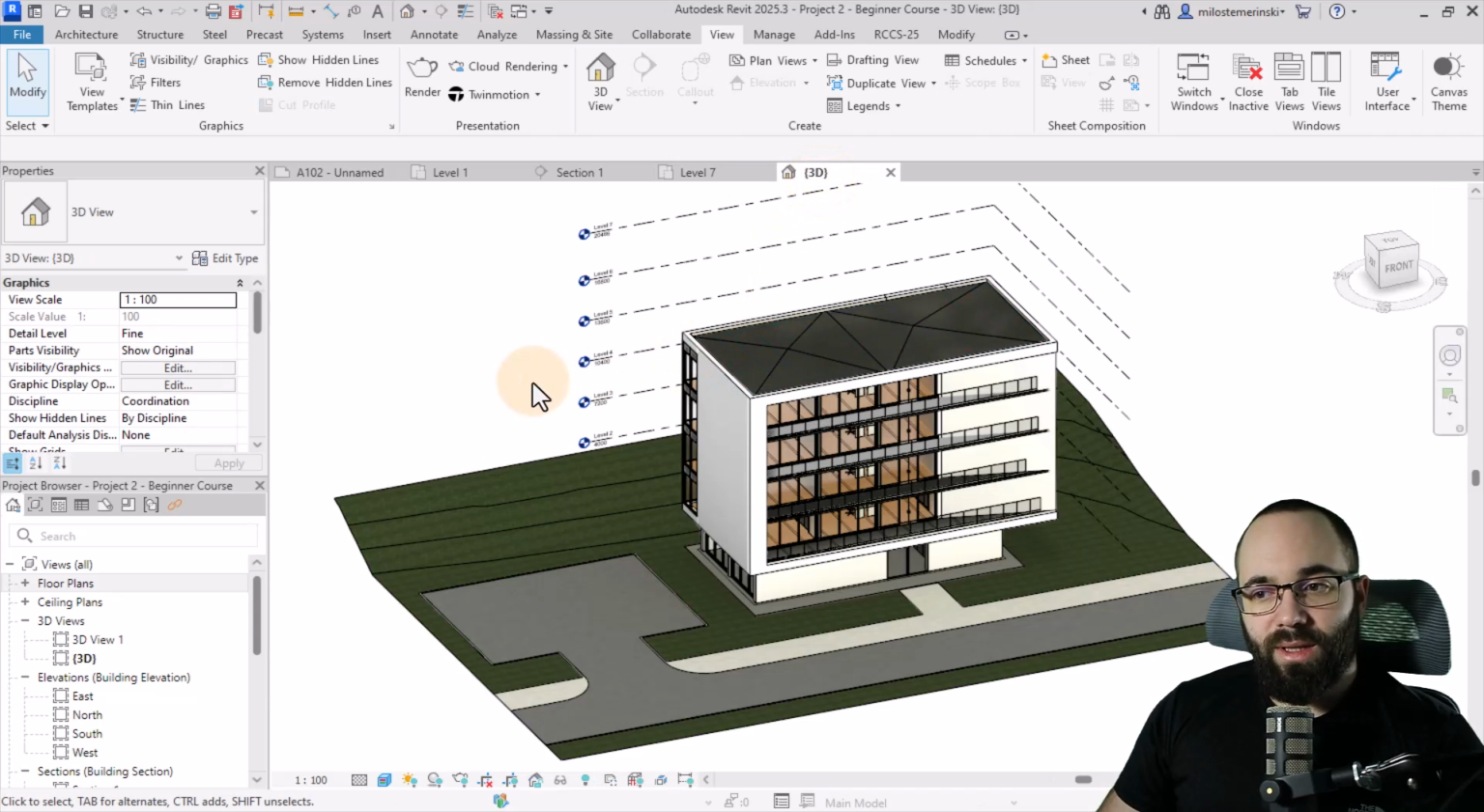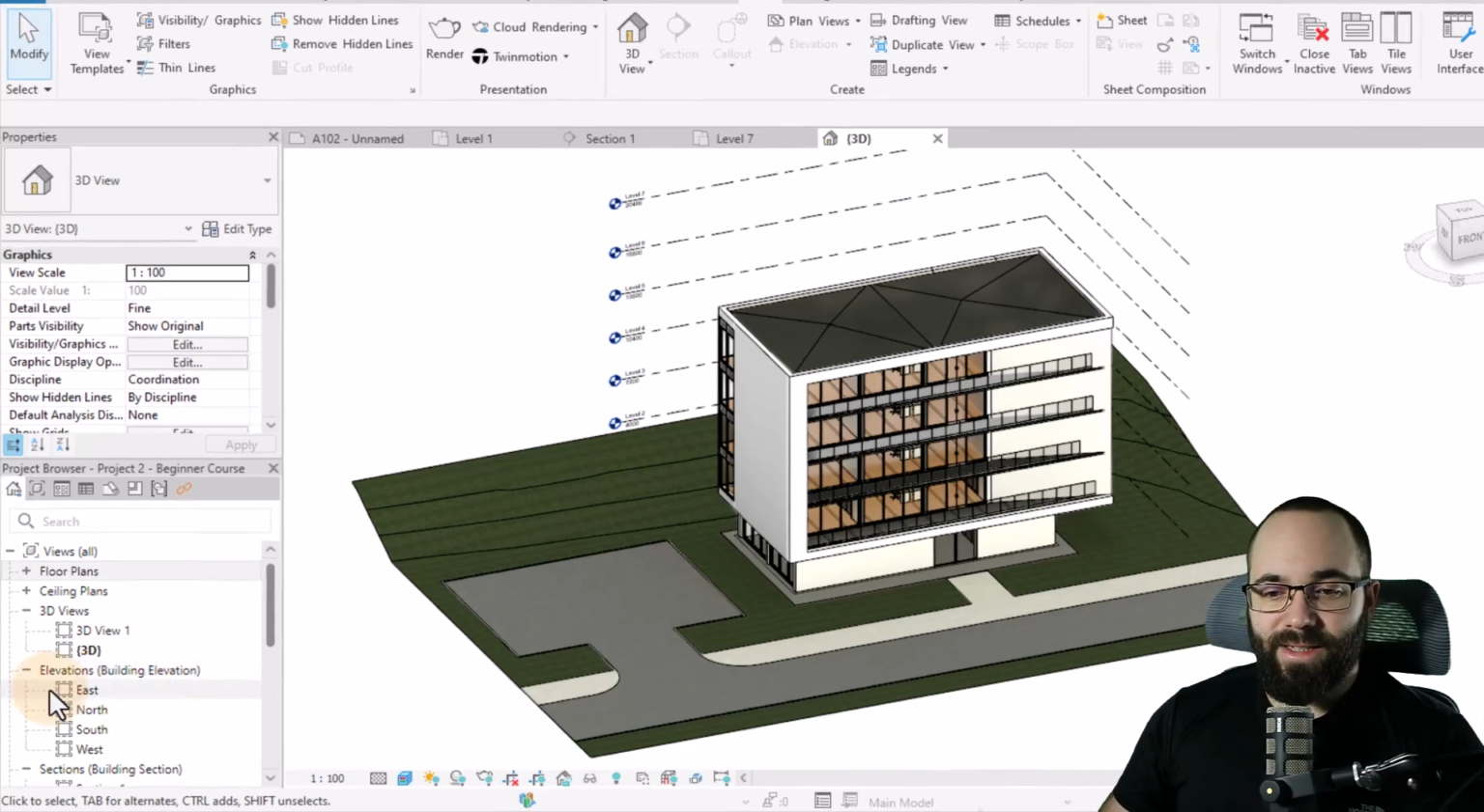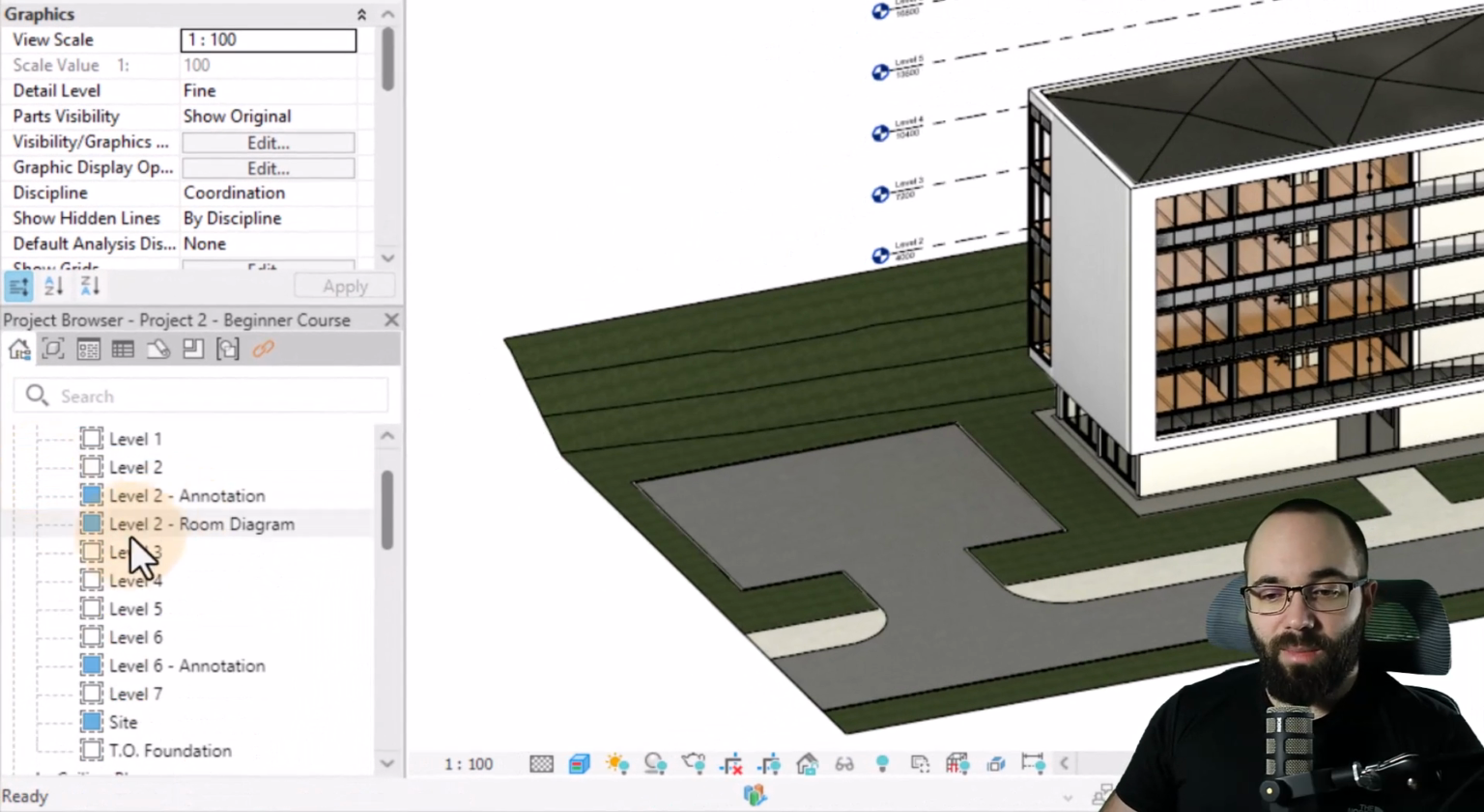Now, at a certain point, you stop working with working views and you start considering the documentation. So a working view might not exactly be the documentation view. You might want to have a different view with proper dimension lines, with proper tags, and so on and so forth. You might want to hide something that you want to show in your working view, and so on and so forth. So what I like to do in these cases is I like to open up my floor plans, and